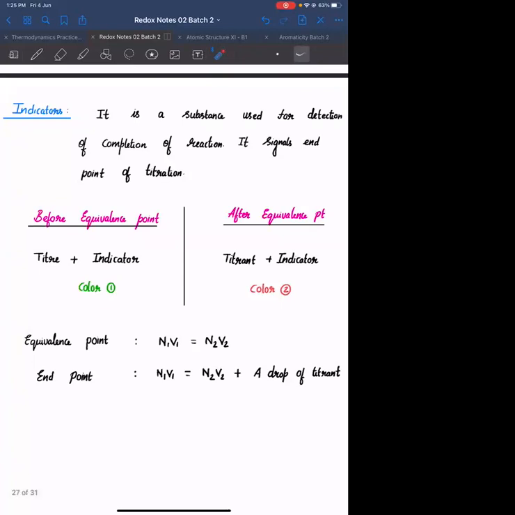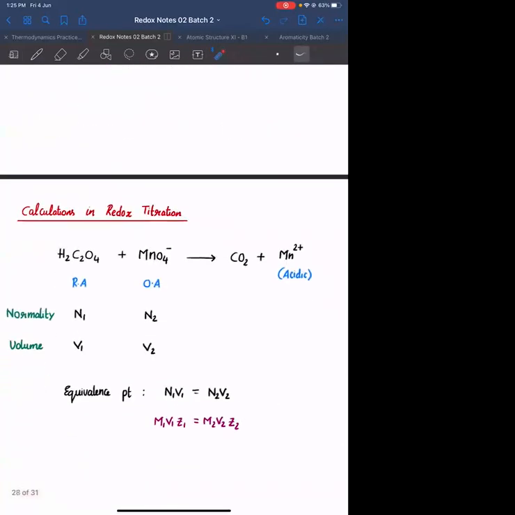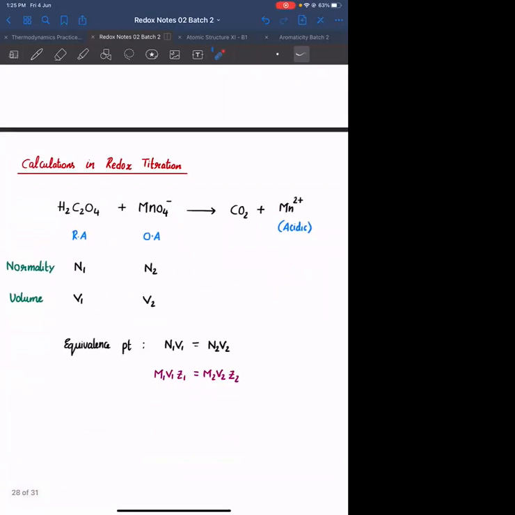Everyone, there is a question here. I am having H2C2O4. Suppose I am taking this, everyone concentrate here. H2C2O4 is the reducing agent. Suppose we take H2C2O4 in the conical flask, and KMnO4 I am taking inside the burette. The KMnO4 solution will have a natural color of purple to pink. If it is solid KMnO4, its color is purple. If it is aqueous KMnO4, the color is purple to pink.